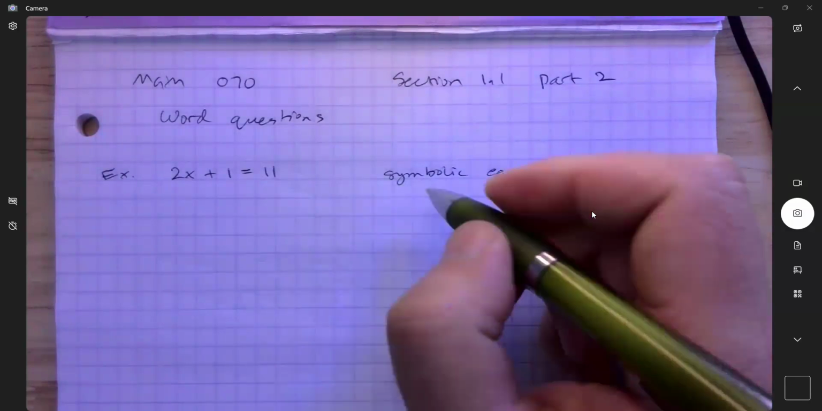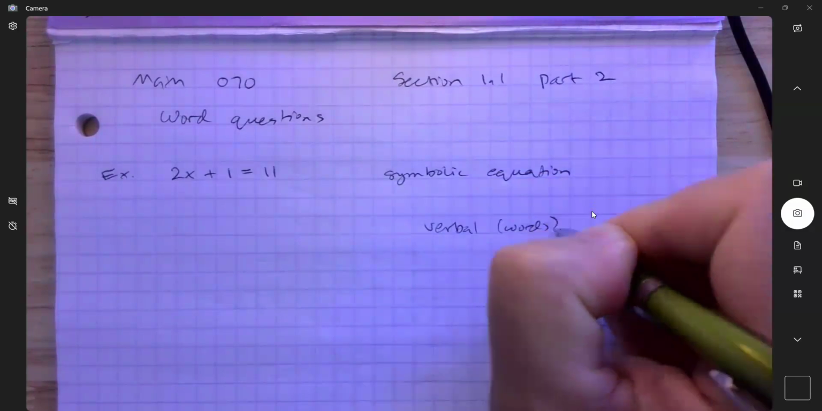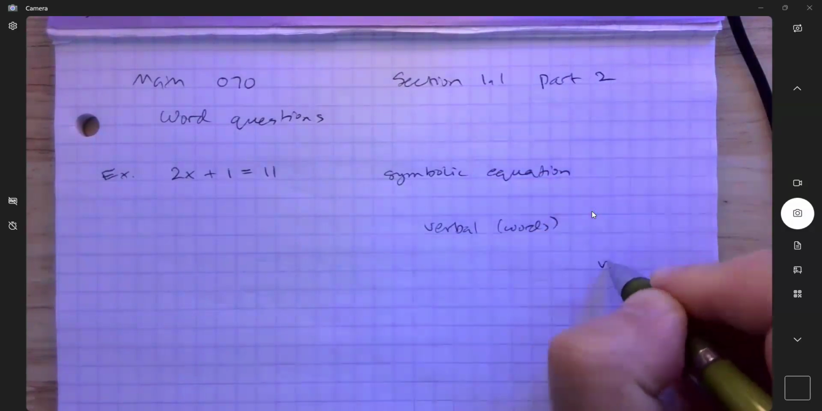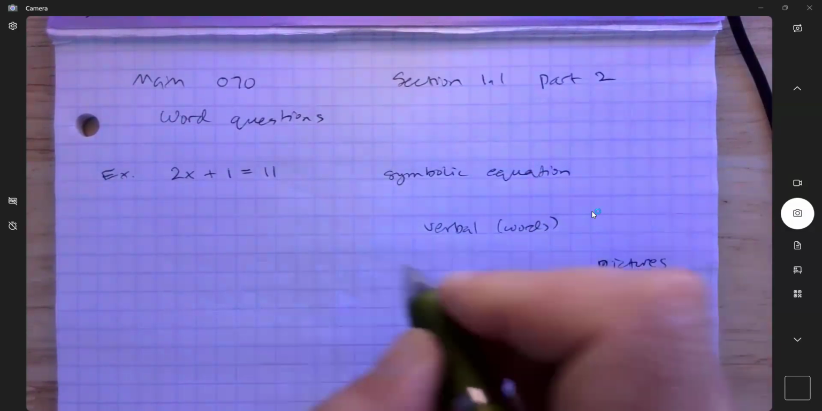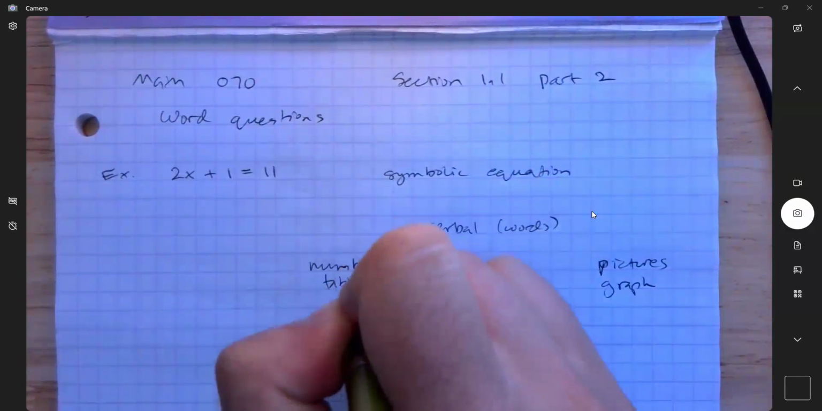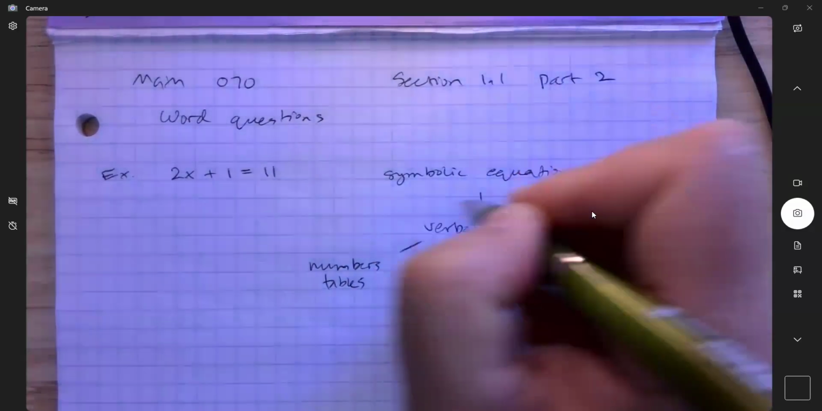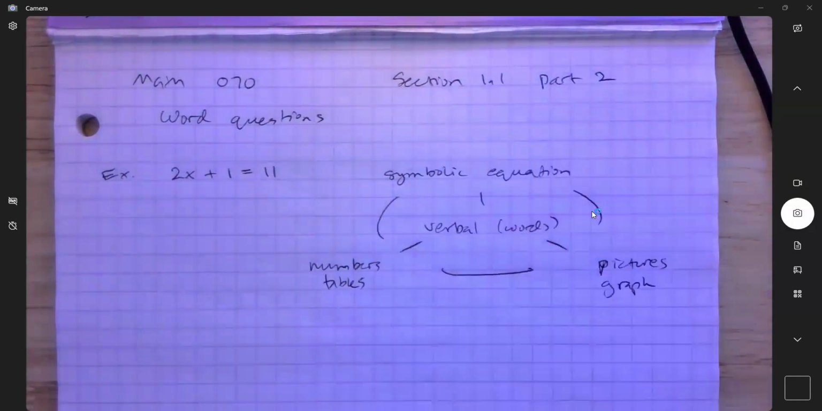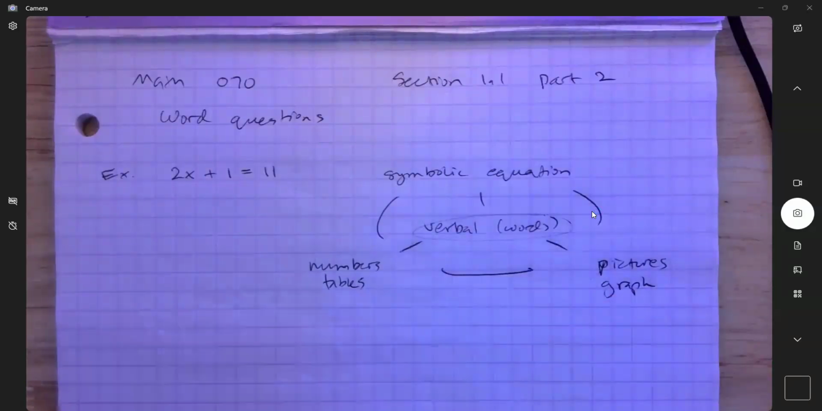So I'm going to remind you yet again of my 4 representations of mathematical ideas. I think I call this pictures or visual, numbers, which often take the form of tables. There are 4 main representations of mathematical ideas, and they're all connected. And word questions start here in the middle. So something like,